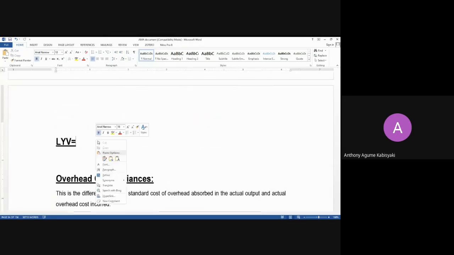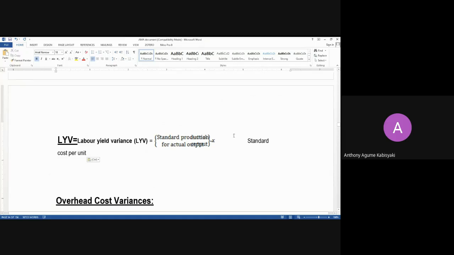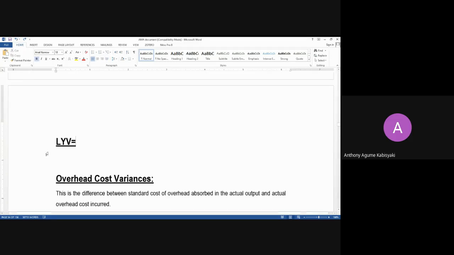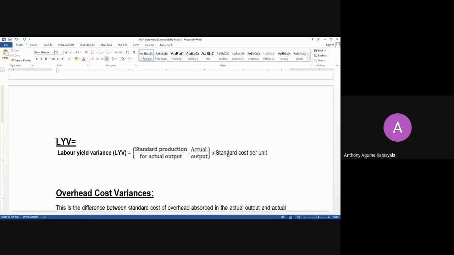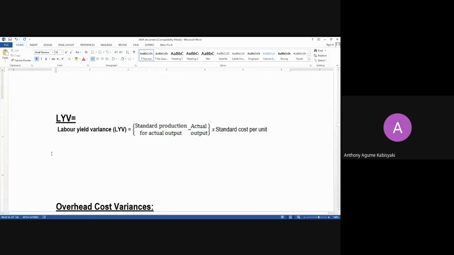Labor yield is got by standard production for actual output minus actual output times the standard cost per unit. So my standard production for actual output, so to get my standard production for actual output,